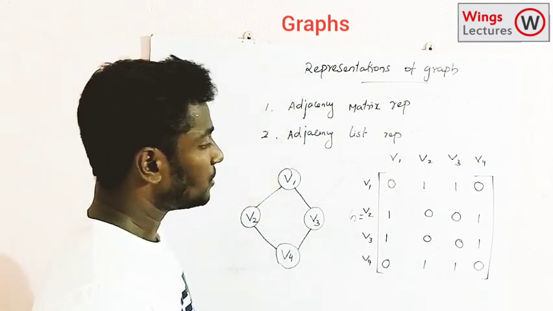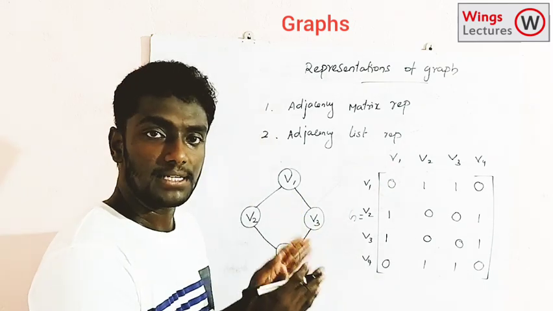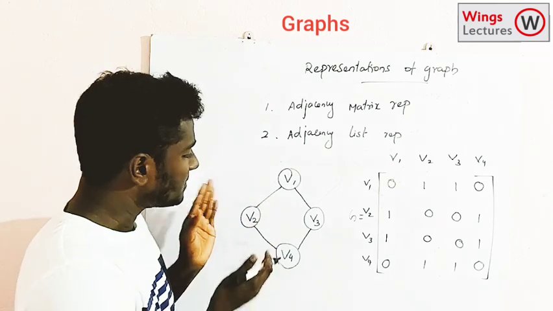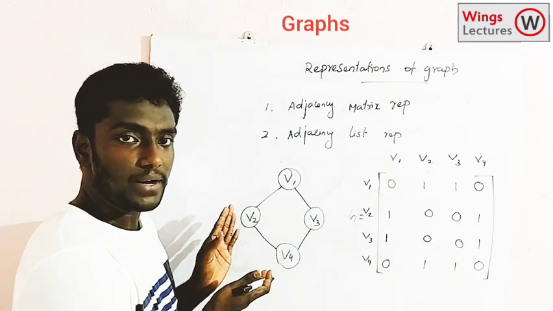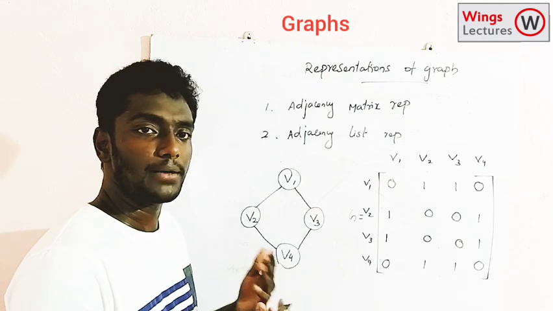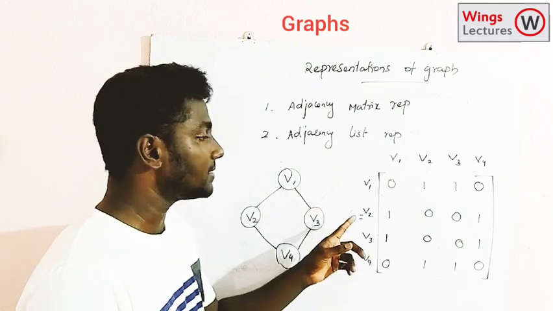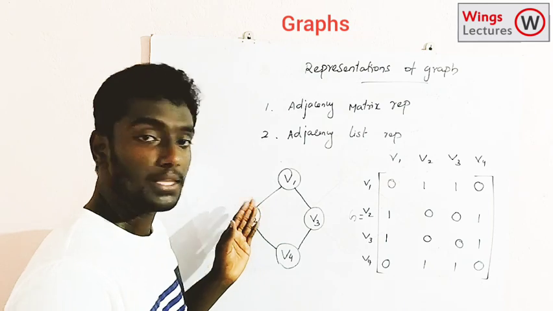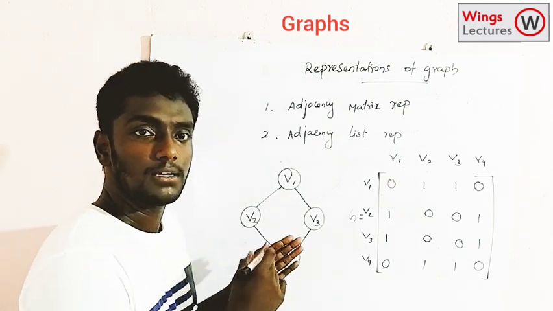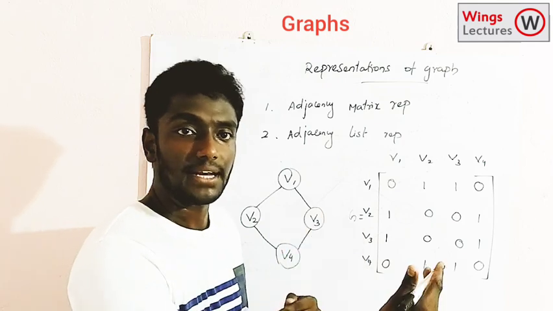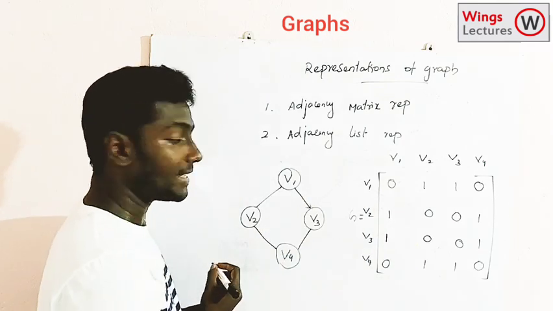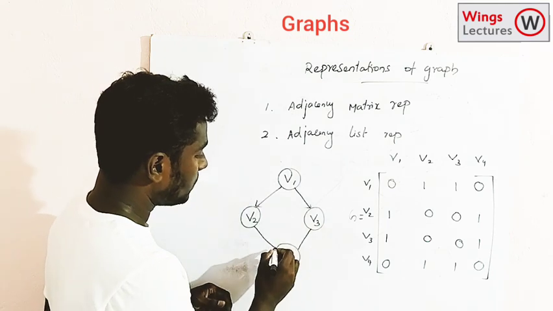So that's it. Here I have made an adjacency matrix using this graph, and it's an undirected graph, right? If we are going to create an adjacency matrix for a directed graph, we have to represent it based on the direction. For example, if you are having a direction like this,